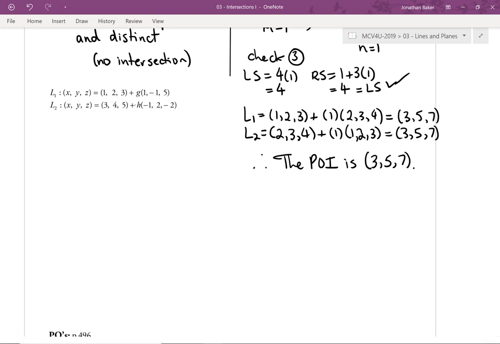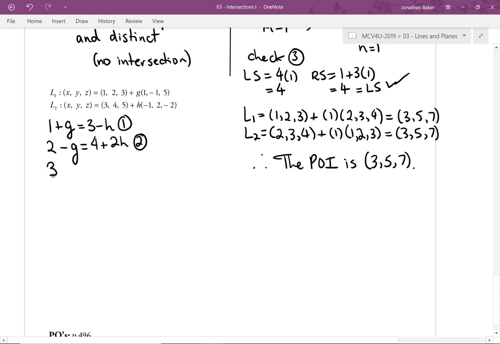Okay, so let's equate these. Let's start with the x's. The parametric equation for line 1 for x would be 1 plus g, and that would be equal to 3 minus h. We'll just call that equation 1. And the y value, we're going to have 2 minus g equals 4 plus 2h. Equation 2. And then we're going to have 3 plus 5g